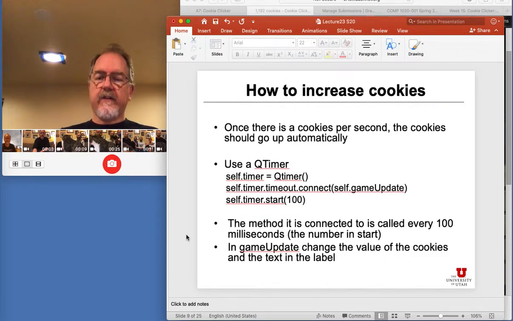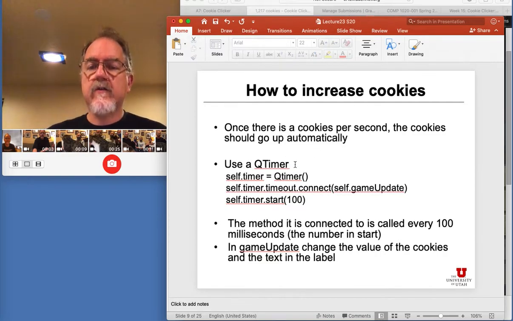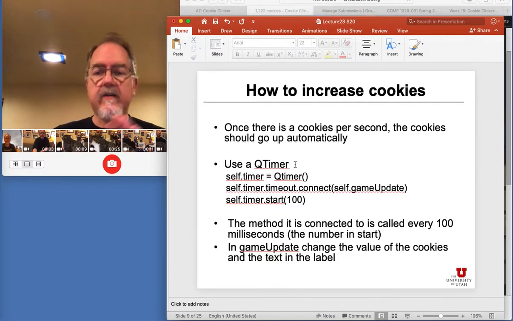Now the question is, how do we just sit there and have the number of cookies go up automatically, at least once you have some tools in play. And so we're going to use a QTimer. We used a QTimer before to make my image flip back and forth at different rates. And this time we're going to connect it to the game update. And really this game update is where all the main cookie stuff goes on. So here it's saying wait 100 milliseconds and then call a game update. Wait another 100 milliseconds and call a game update. And in there you're going to change the values of the cookies